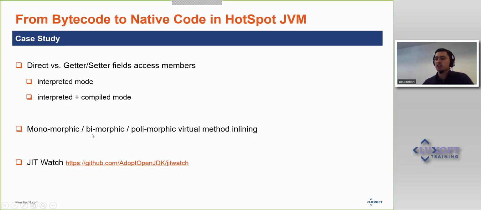Monomorphic, one implementation; bimorphic, two implementations; and polymorphic or megamorphic are when there are multiple implementations for the same virtual method. And at the end of the case study, I will show you a really useful tool which is called JITWatch. Based on it, you can easily spot the assembly code. Let's start with the first